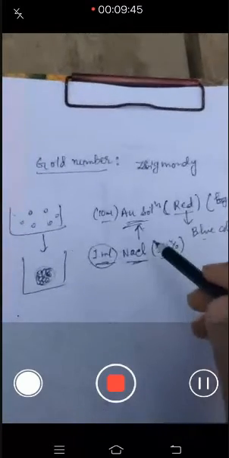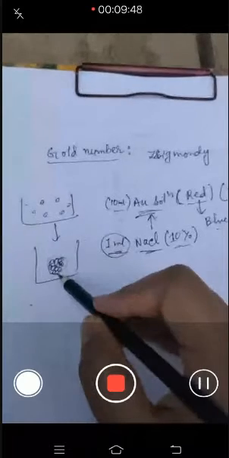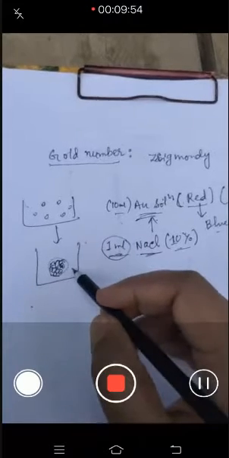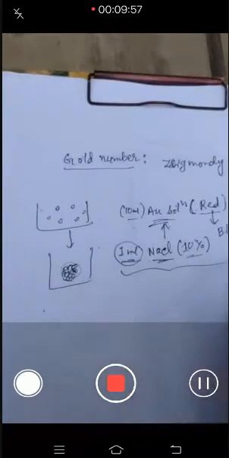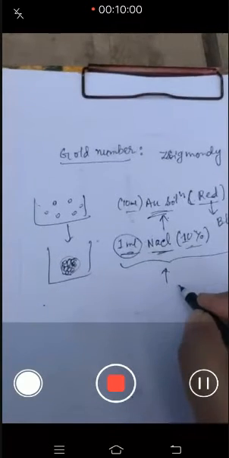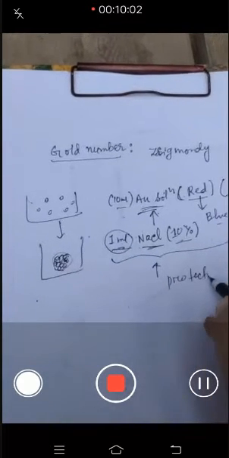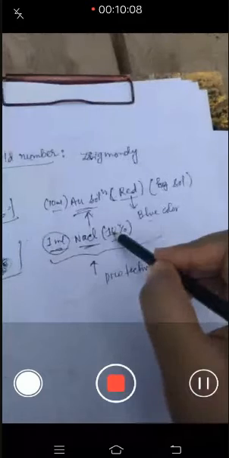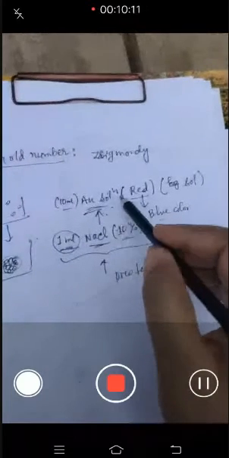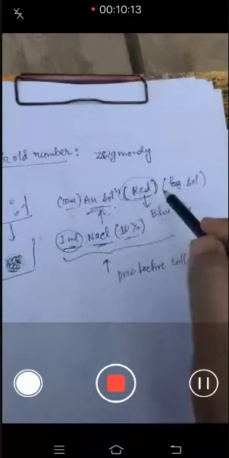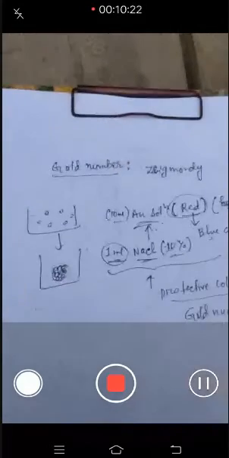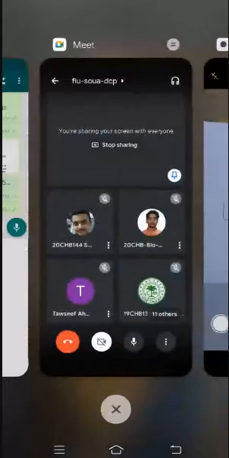Now, our target is to prevent this aggregation by adding the protective colloids, for example, a hydrophilic colloid. If we add the protective colloid, this is a generalized term, in such an amount that it will prevent this aggregation, that means it will prevent this color change from red to blue, the amount of this protective colloid is called gold number. Getting my point?